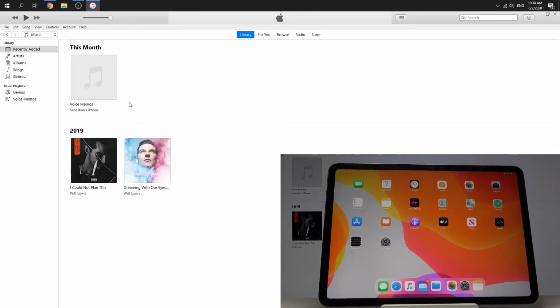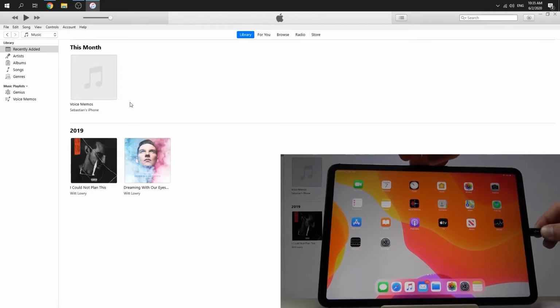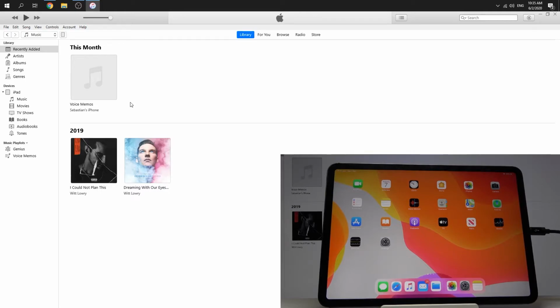Then we have to plug our iPad into our PC, so we can do this by using USB cable, just like this. Okay, excellent. Then we need to come back to our iTunes application, and when we are here, just click on